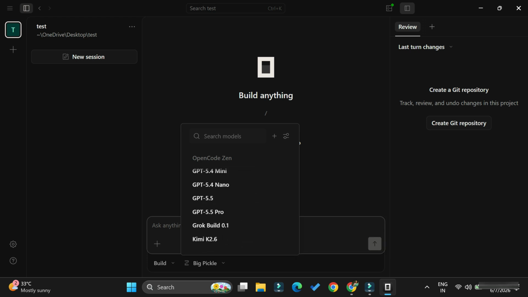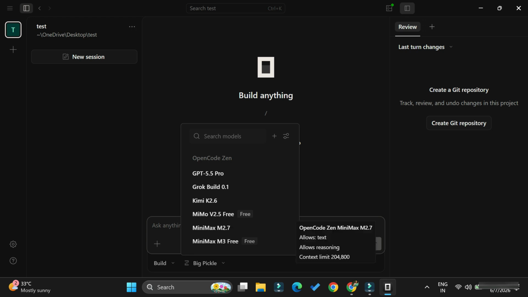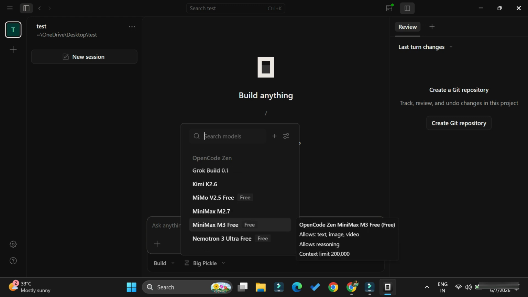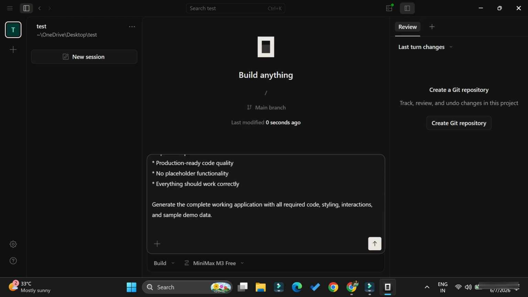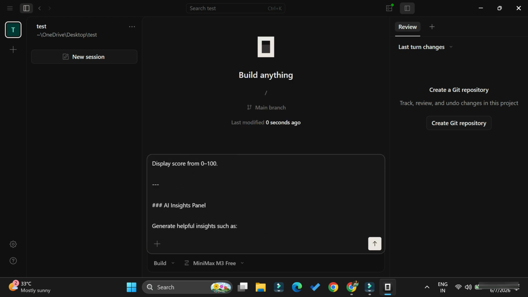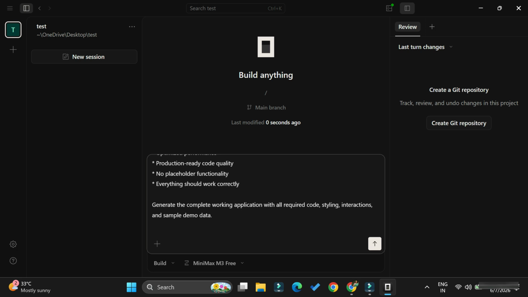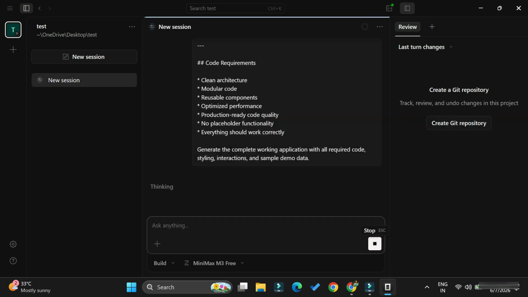You can see DeepSeek, and there are many more models which are freely available, you can use them. I'm going to use the Minimax model, the Minimax M3 model, and I'm going to paste this prompt over here. This is a prompt which is going to create an AI assistant app for managing your tasks, or a to-do list.